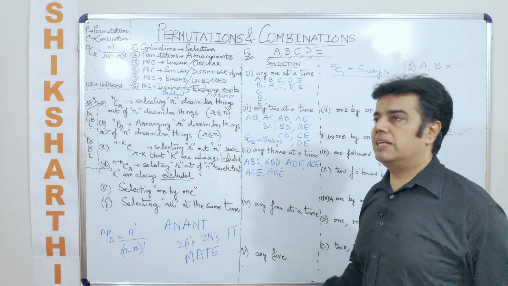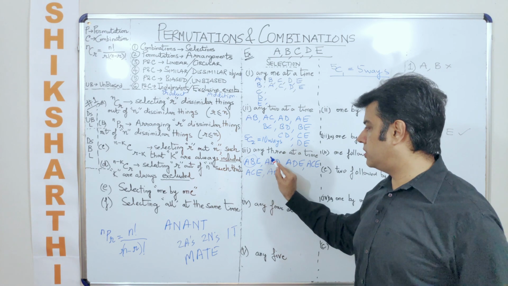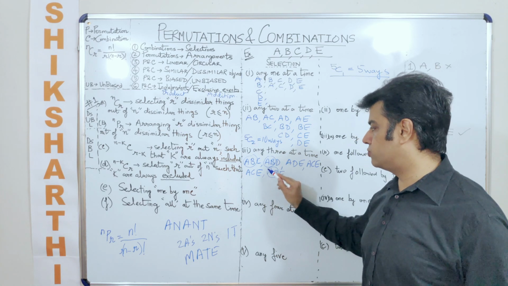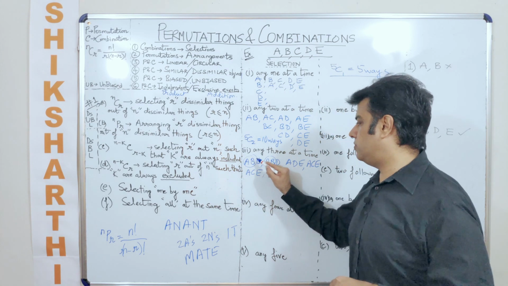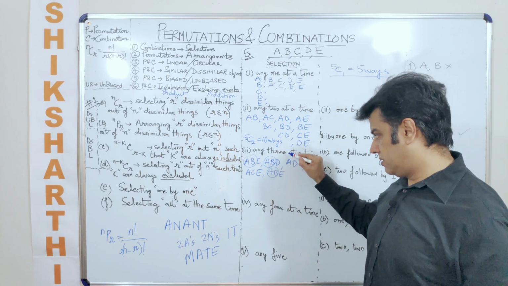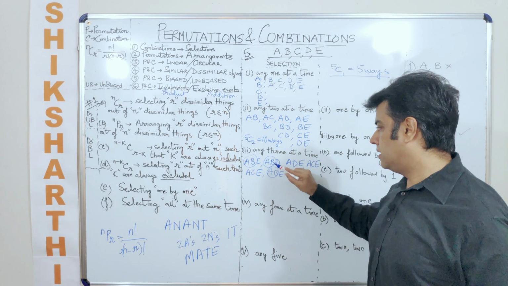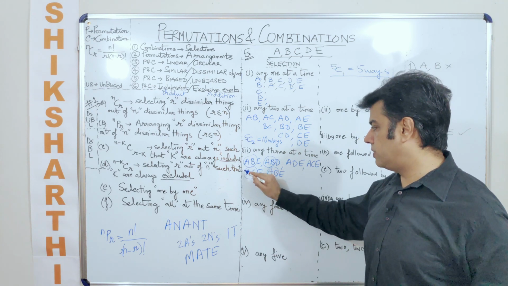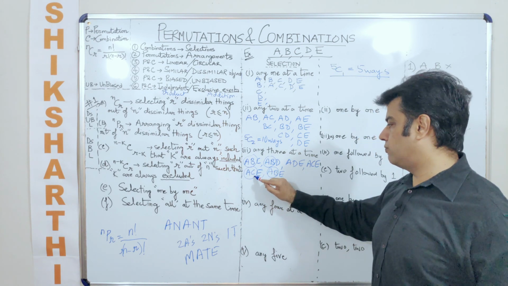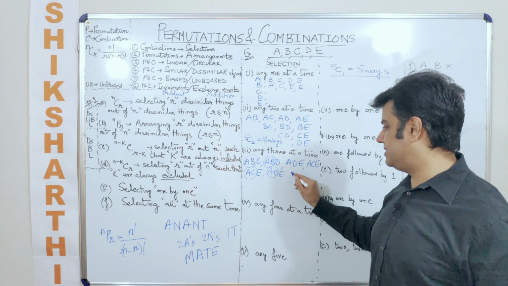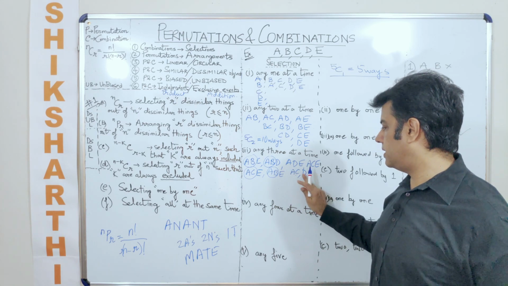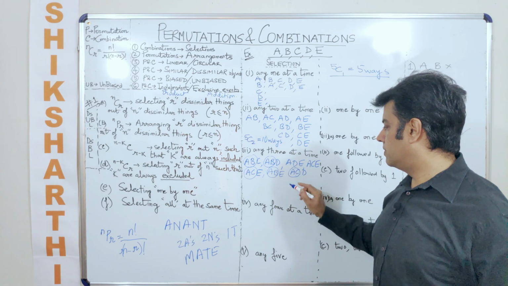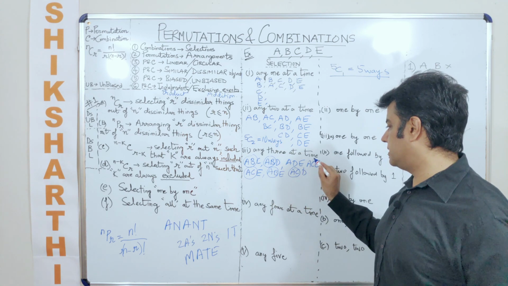So the logical way here is to fix any 2 of them so that you don't forget writing the cases. So you could have started off with, okay, fix AB first. Now with AB you are having C, AB, then D, AB, then E. Now you can fix AC. So once you have fixed AC, you can select what? The third thing that you could have selected here is D. And the last that you could have selected here is E.